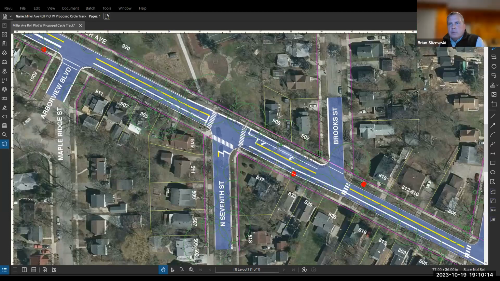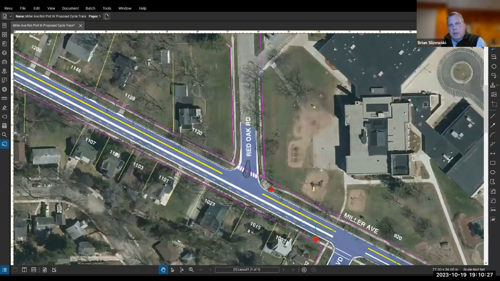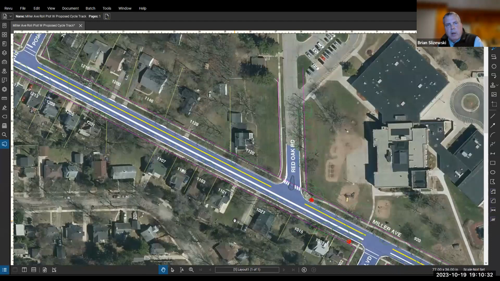No, if we could slide over there a little bit. Can you slide over there, Cynthia? Yeah, it does have a difficult configuration right now. We're really not looking at changing the sight lines in terms of the vertical elevation of the road. It'd be an extensive reconstruction right there. But one thing we could possibly look at is some of the alignment in the way Red Oak comes in.